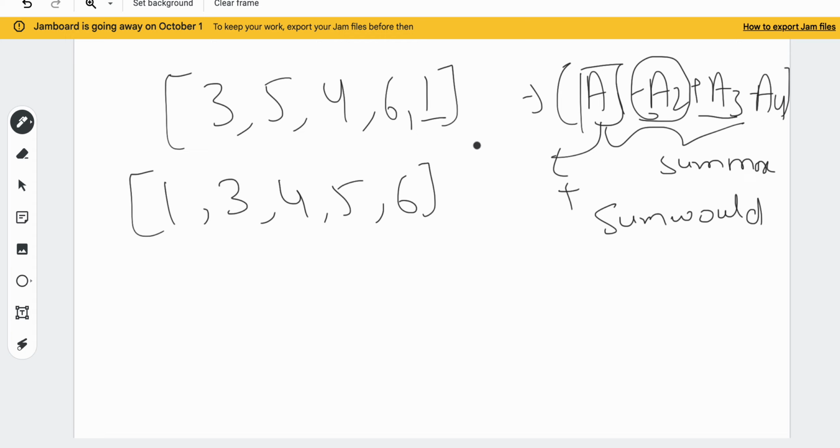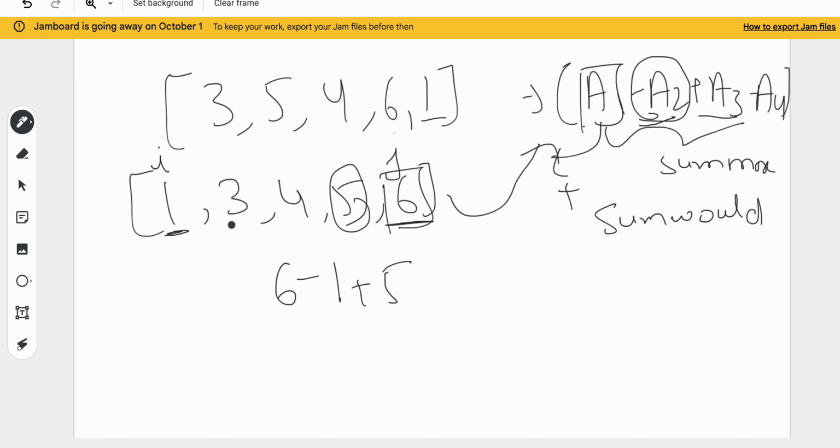Why am I sorting this array? I am sorting this array because I want the positive numbers to be max and the negative numbers to be min, right? Now after sorting this, I would take two pointers i and j. I would take this as positive and this as negative, 6 minus 1. Now this is positive 5 and this is negative 3. And when i becomes equal to j, we will take only positive, plus 4.